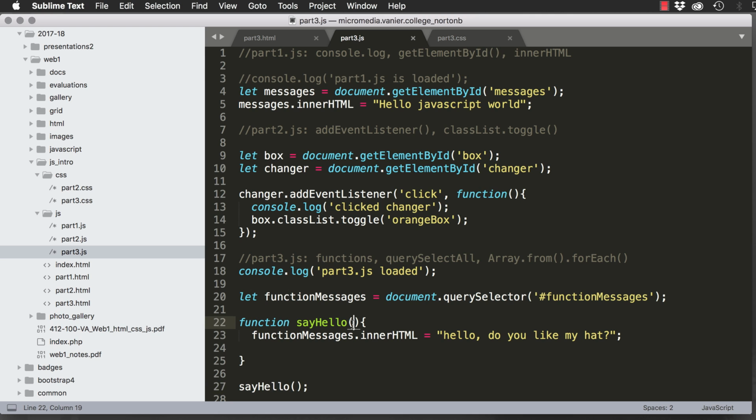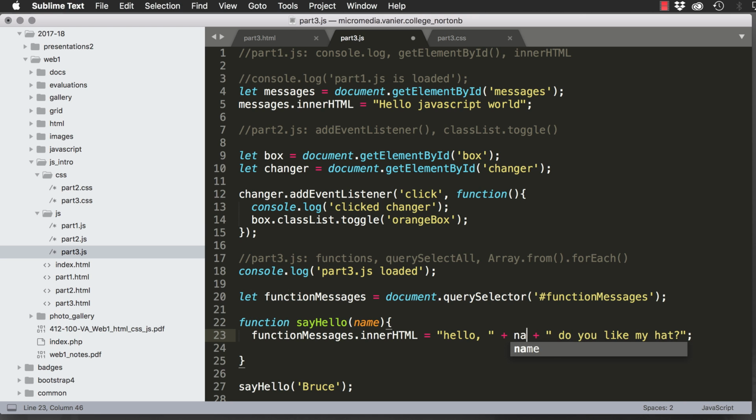So what are these parentheses for? Well, what we can do is we can pass parameters. So if we go in here and type something that we'd like to pass to our function, then up here we can create a parameter variable, and then we can concatenate it or add it to our message. So you can see I've closed the quote, and then I've opened it up again for after, and then I'm going to concatenate or put 2 plus signs